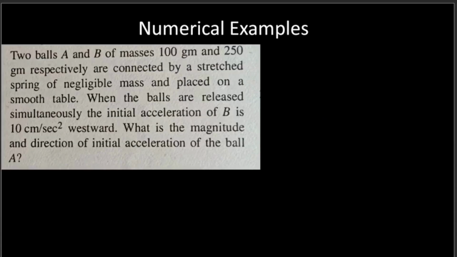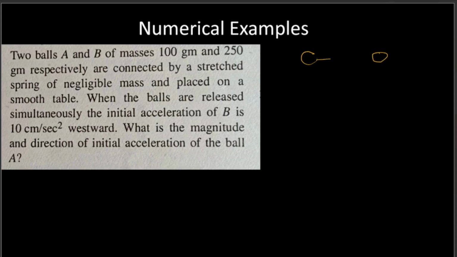Now we take our third example here. The two balls A and B, of masses 100 gram and 250 gram respectively, are connected by a stretched spring of negligible mass and placed on a smooth table. When the balls are released simultaneously, the initial acceleration of B is 10 centimeter per second square westward. And the direction is given for ball B. Now, what is the magnitude and direction of the initial acceleration of ball A? So the situation here is simple,